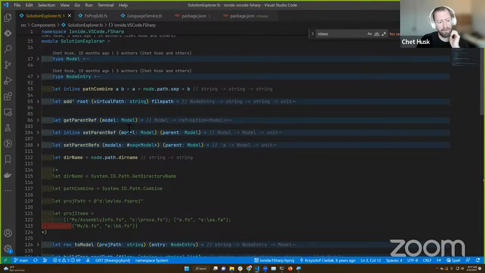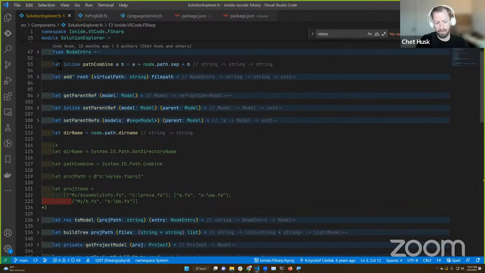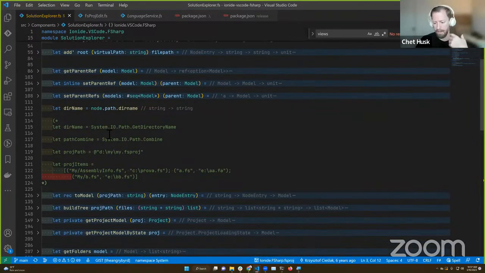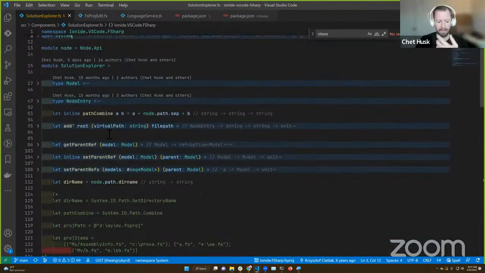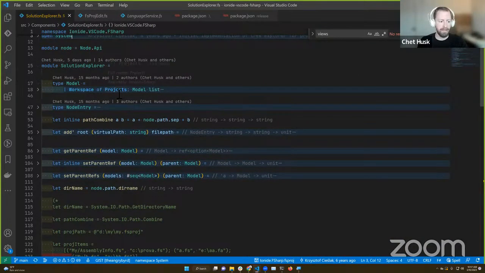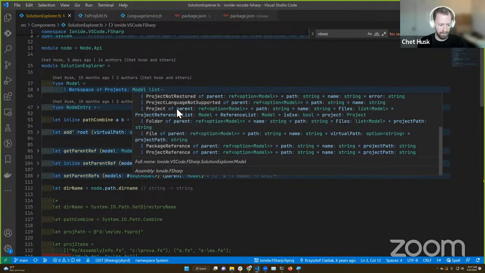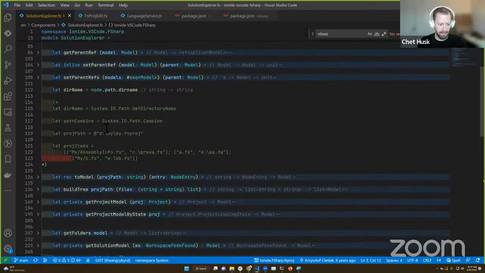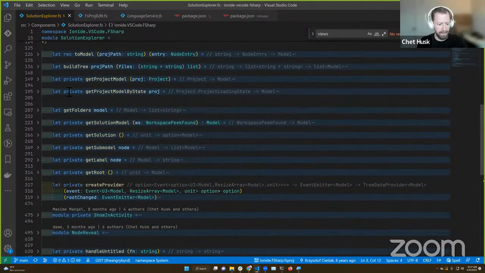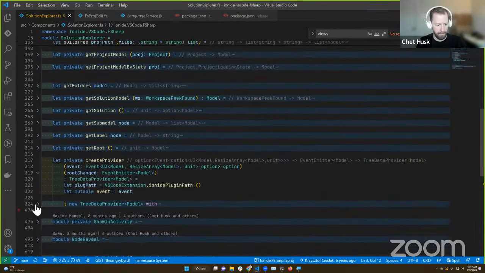All right. So let's talk about the Solution Explorer. I mentioned we're not rendering a tree. We are providing a data model, a description of a tree. If you scroll down a bit, Jimmy, there is a build tree. Yeah, or create provider. That's the thing. We have a tree data provider, line 317 there.